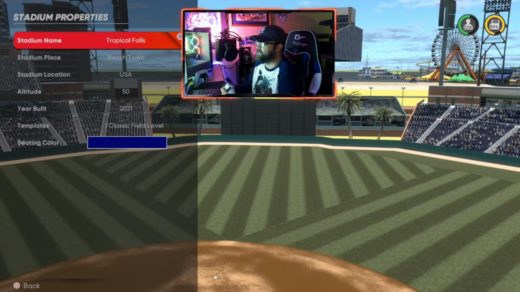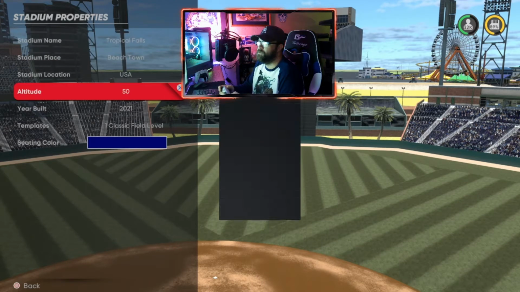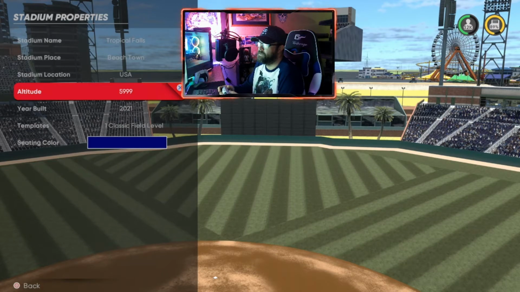It may be fixed by the time you're watching this video, because if you're watching it in a few months, I hope they fix it. But right now, altitude matters on creative stadiums. You can go all the way up to, I don't know what it is exactly, I think it's a mile high. Let's see. It won't let me,